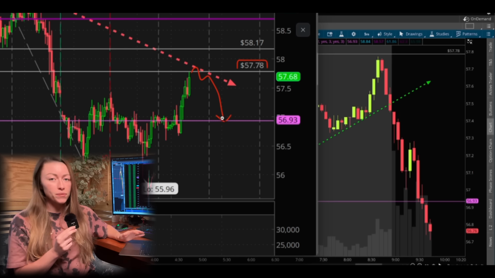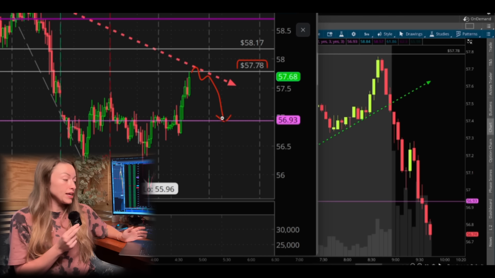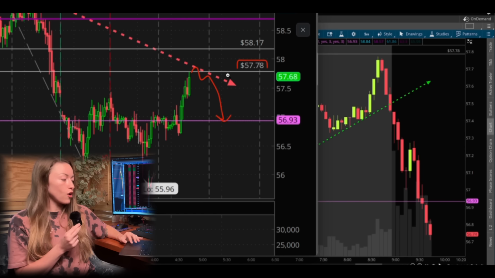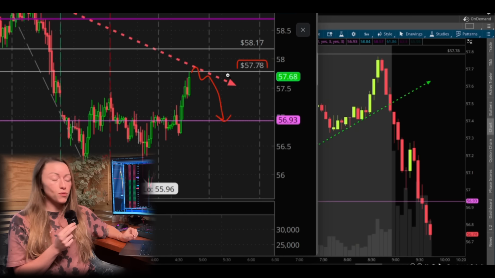I hope you guys love my elementary drawings. This is how I post my trade ideas, because for me, this was the best way that I learned, is seeing it and being able to react before it started to play out. So overall, fantastic reversal trade from this morning that I want to help break down for you guys to understand my thought process, what I was looking to enter, risk management, all of those things,